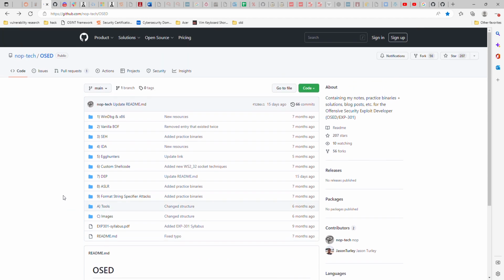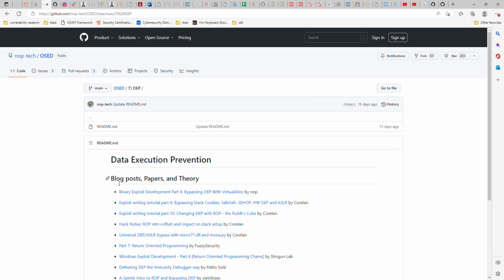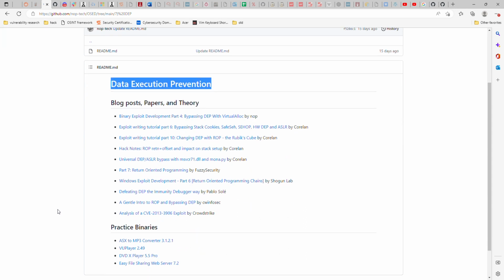I am currently at the DEP chapter and learning about return-oriented programming, that is ROP. And DEP stands for Data Execution Prevention. It is one of the mitigation measures implemented by Windows. And I am learning about return-oriented programming that is designed to